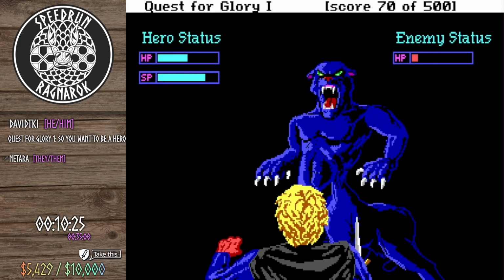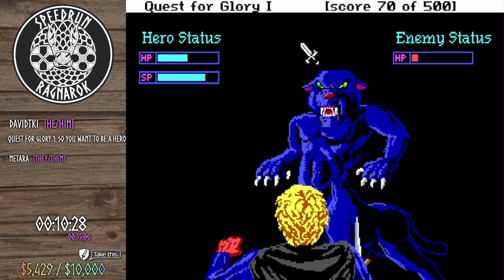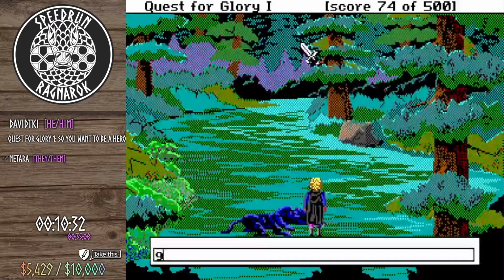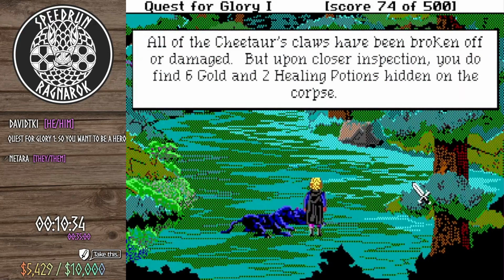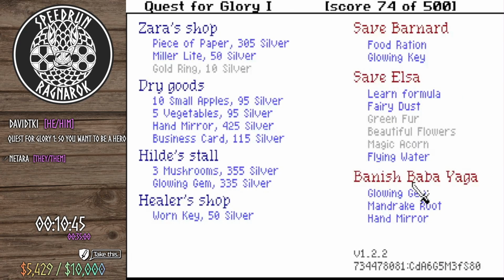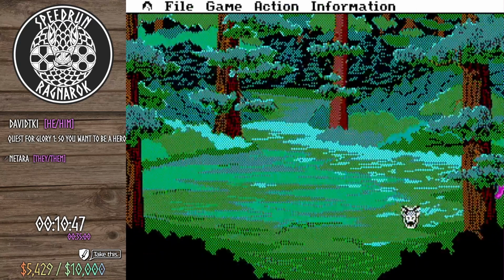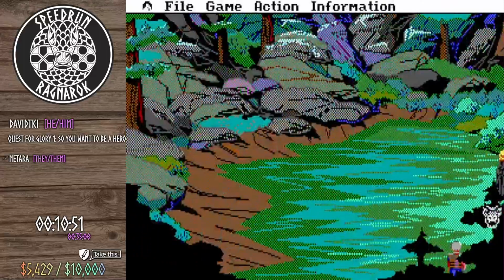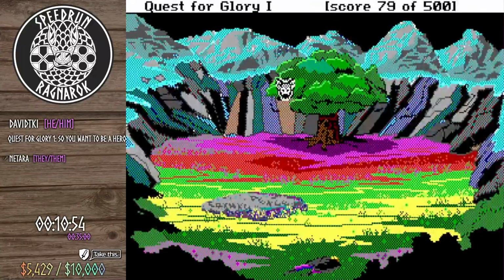Cheetars are pretty dangerous too. They attack rapidly, and that's going to get past your 5% hit chance a lot. Get Claw. All of the Cheetar's claws have been broken off or damaged, but upon closer inspection, you do find 6 gold and 2 healing potions hidden on the corpse. I'm starting to rapidly go through a lot of these checks. So let's go ahead and sleep until morning, add a Rana's Piece to fully restore my stats, and then...